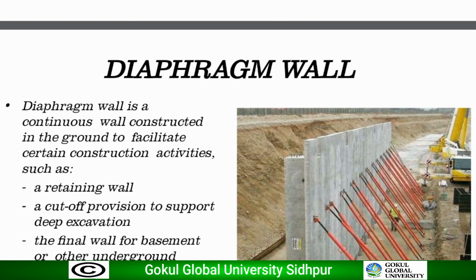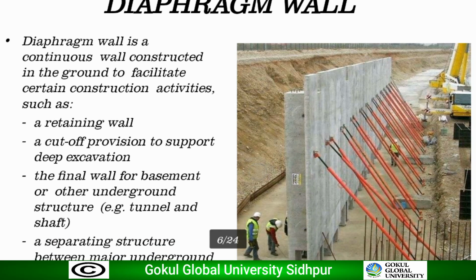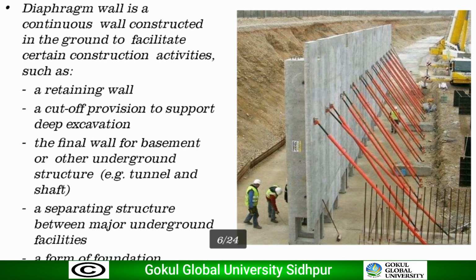Now we are discussing the diaphragm wall. What is a diaphragm wall? A wall constructed in situ by a special trenching method to act as a cut-off wall or serve as a structural member is called a diaphragm wall. The standard widths are 100 to 200 mm for a cut-off wall and 450 to 1000 mm for a structural member. In the figure we can see the diaphragm wall. The diaphragm wall is a pre-constructed